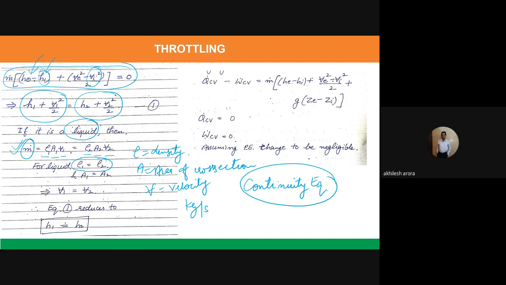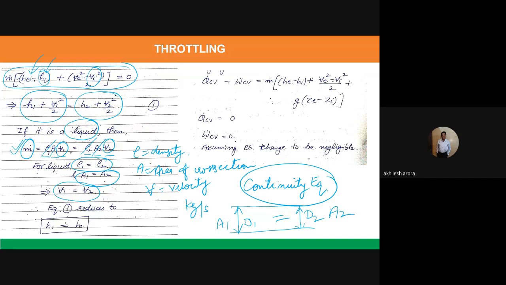So the density does not change much. And moreover, we are considering the pipe to be of the same diameter. So at the inlet, whether you take the diameter at inlet or at the outlet, that is actually the same. So it means the area A1 will also be equal to area A2. So this is given here. So what does it mean? It means the velocity V1 is equal to velocity V2, because rho1 cancels out with rho2, A1 cancels out with A2. So V1 is equal to V2.